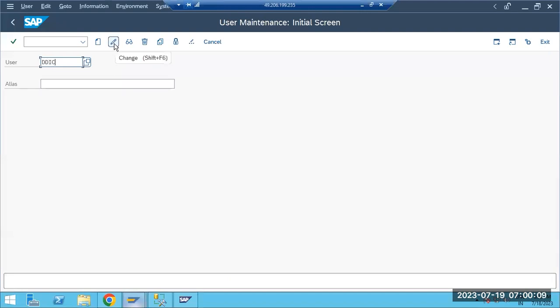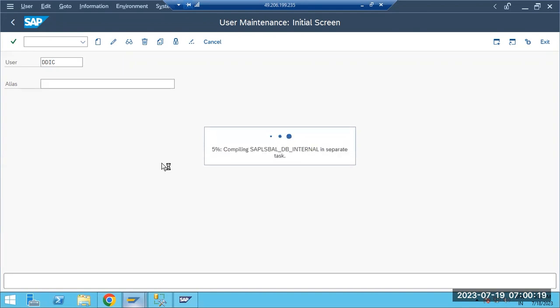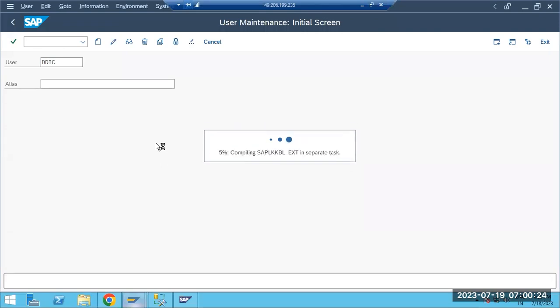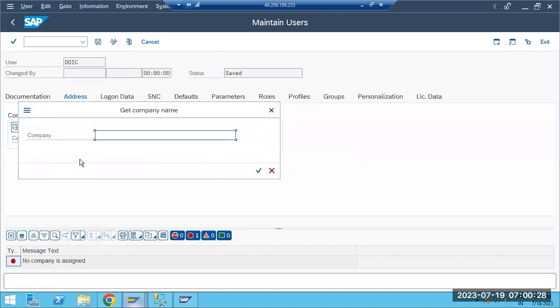This is one of the security tasks, so don't worry, every topic, whatever I am doing now, will come in further classes, right? Here it is just for smooth login for you guys. So I'm just resetting the passwords. No company assigned, so here I need to just